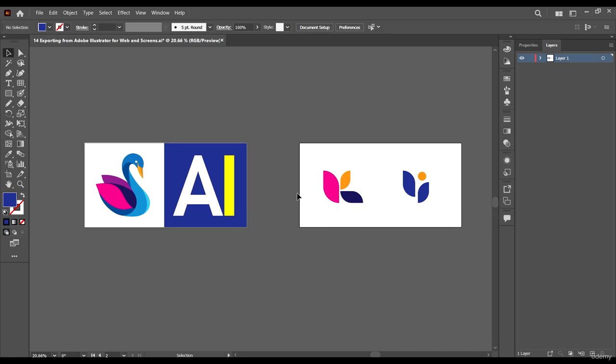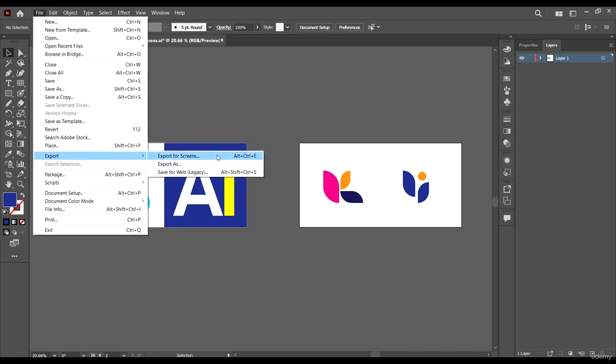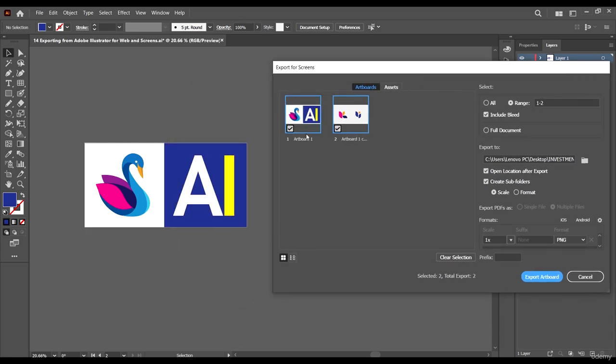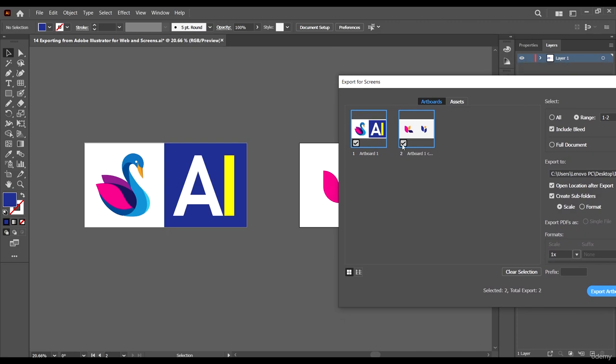And then the second way to export is come to File, Export, and then Export for Screens. When you export for screens and come to Artboard, it's going to show you all the artboards available, so you can export them all, or you can select the one you want to export by simply checking this box. If you check this box only, it's going to export artboard 1. If you check both of them, it's going to export the 2 artboards. You can click here to change the name of the artboard. Maybe we'll make this